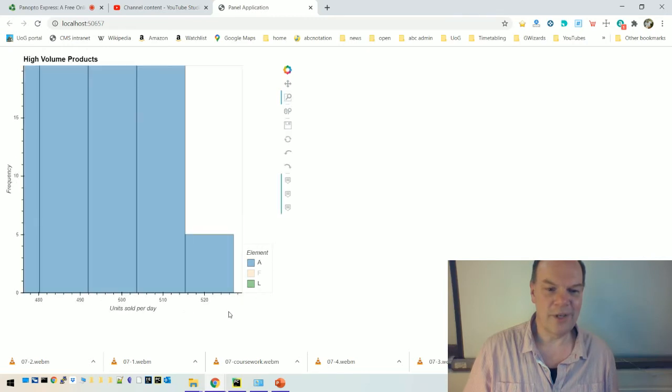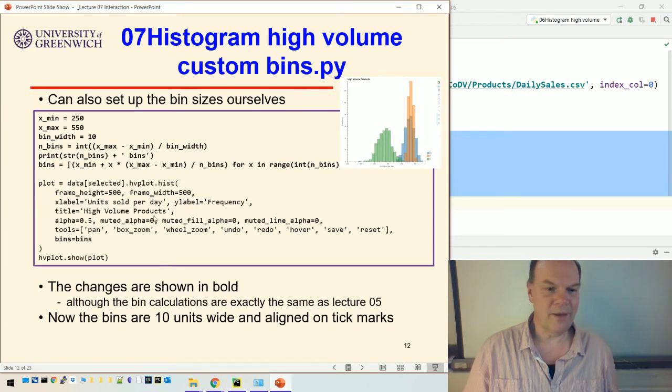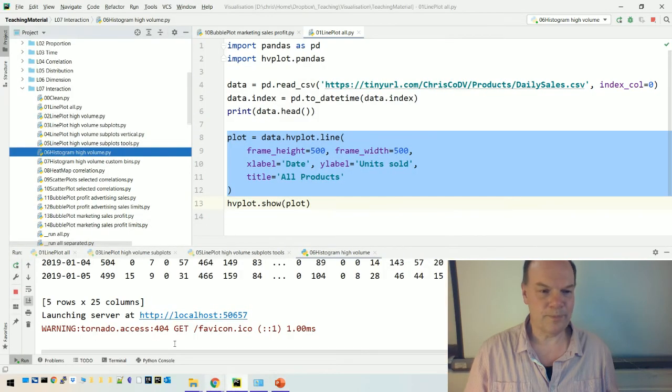So this is the previous version. You can see that the alignment of the columns are not aligned to anywhere sensible. They're not aligned where we'd like them, maybe on 10s or 20s. If I do this new version, where I'm aligning them, I start at 250 and then I set them to be 10 wide, then I can align every one on the 10. So they'll be aligned on the tick mark. So if I run that example,